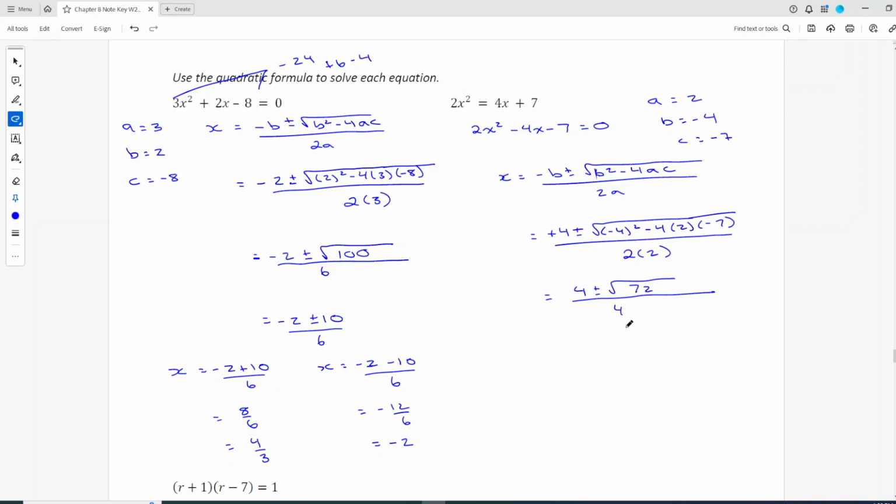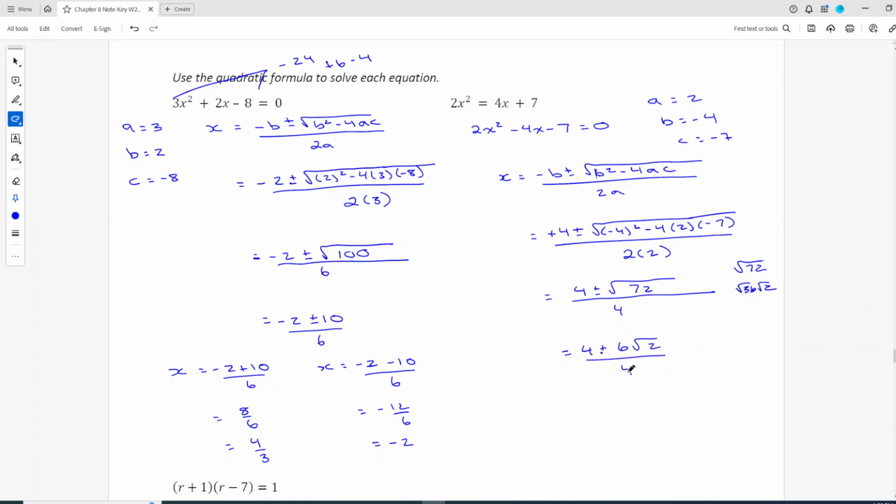Now, if you haven't paused the video yet, try it now. So these ones are really complicated to simplify until you get the pattern of it. So the first thing you're going to do is simplify the square root of 72, and then look to see if you can simplify within the whole fraction. So for me, I go root 72 is root 36 root 2, which would leave me with 6 root 2